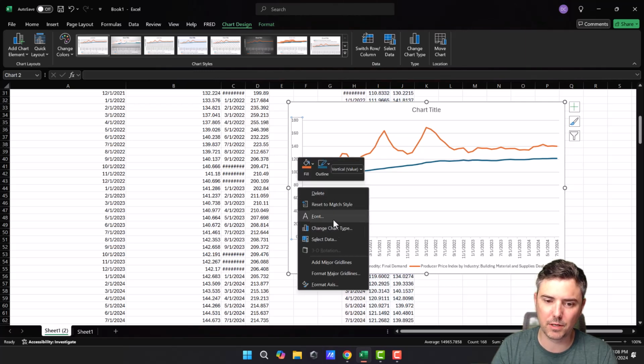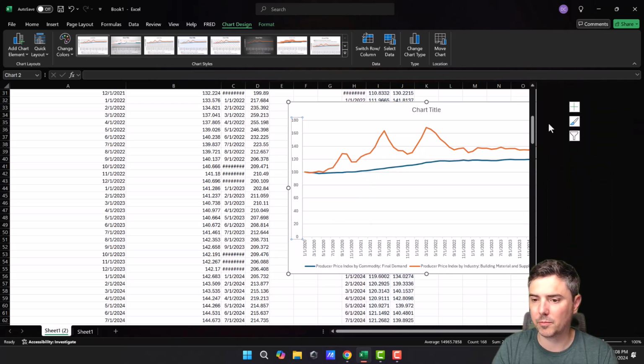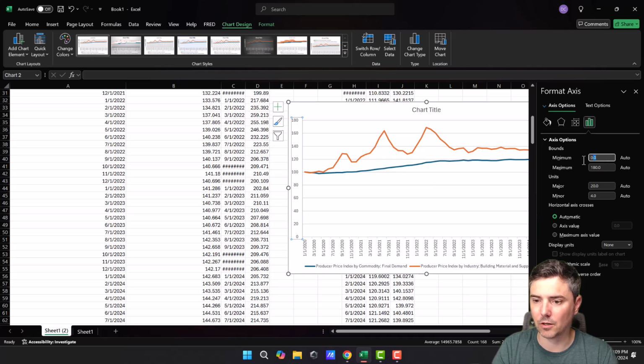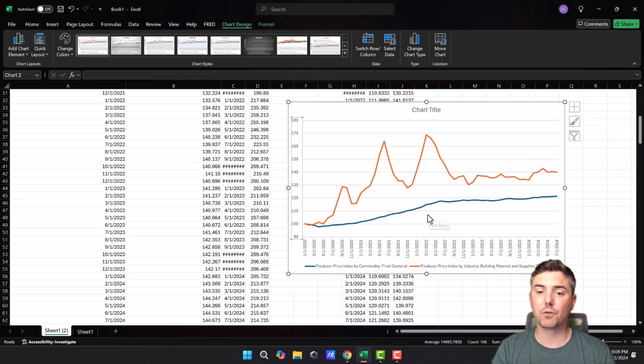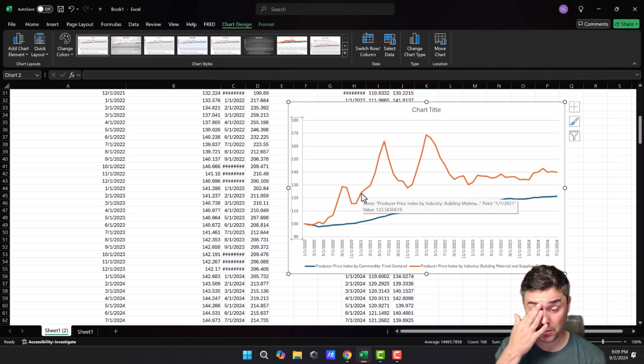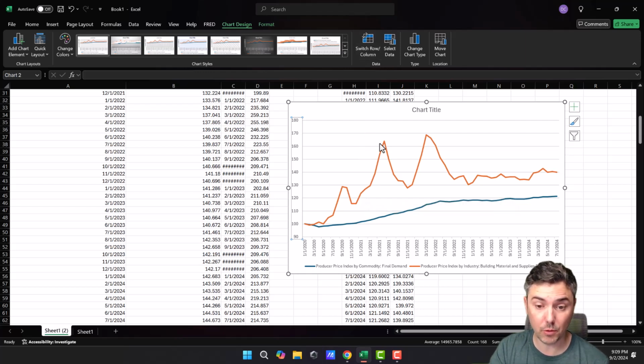And if I wanted to make it really obvious, let's format the axis, and instead of starting at 0, we'll start at maybe 90, just to give an idea of scale here. So this is now something I could say, oh, I get it. There was a really big run-up. The building materials and supplier dealers increased really quickly, and it was a little choppy, and over time, okay,